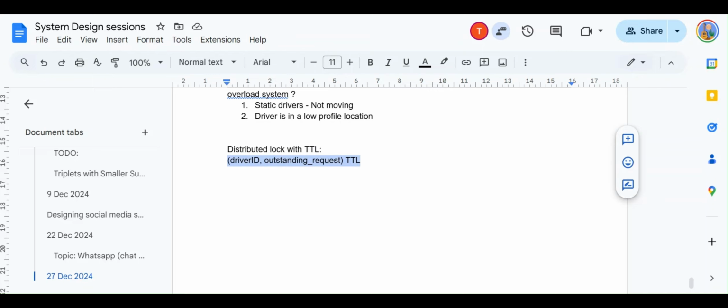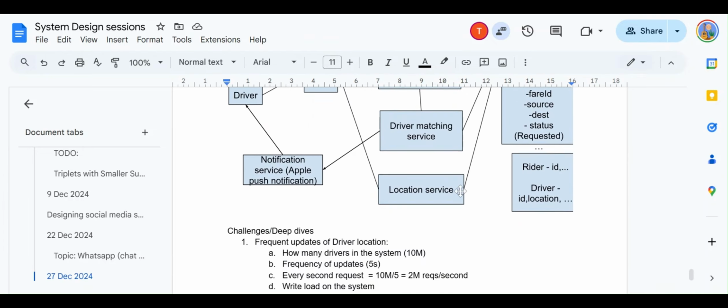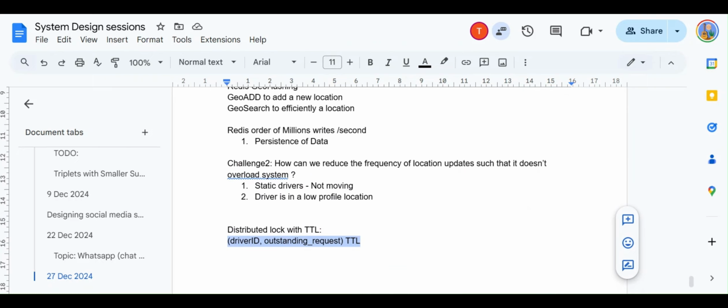You know, like he was having an outstanding request and he did not really accept it. But if he accepted it, then in its database entity, the state will be changed to in transit, right? And that could be persisted in the database. But before that, let's say if he has not accepted the request, he's still in the outstanding state. In the worst case, if the Redis cluster fails, all those locks will get deleted, for example.